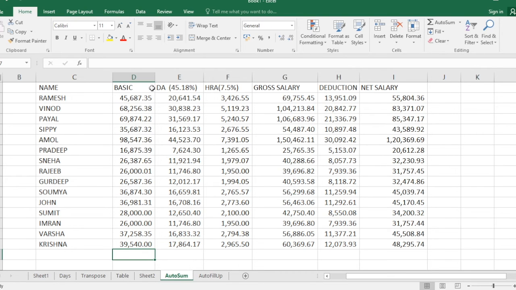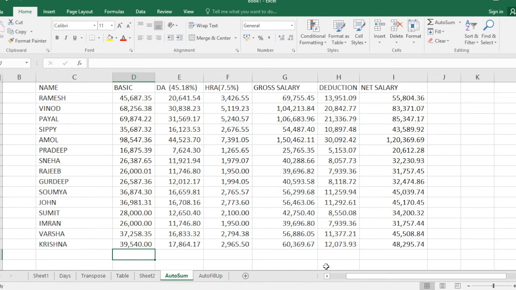And if I want to find out the total of basic pay and DA individually, I can total it. Just by selecting any cell, you can find the calculation here. Just by selecting three cells, it is showing 1,83,817.95. This is showing the calculation. Any cell, any two cells, three cells I select, it shows the calculation. If you select the entire column, it will also show the sum.